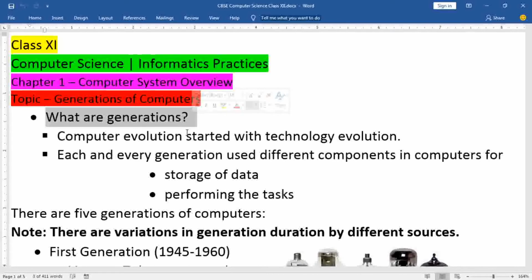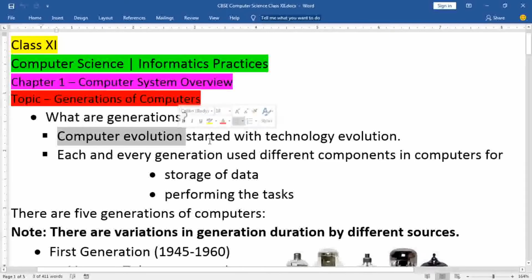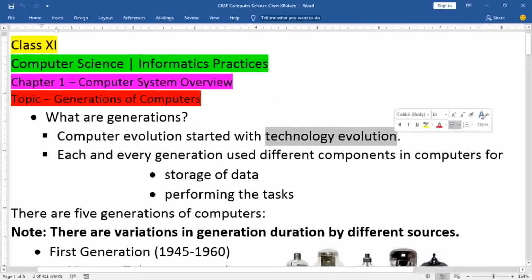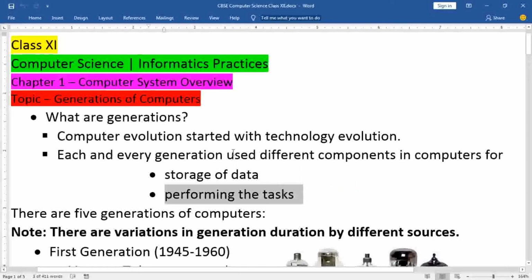In the previous video I discussed computer evolution, or evolution of computers. If you missed that video, I will provide it in the I button or in the description link. You go through that link and you will get the idea about computer evolution. It started with technological evolution. Each and every generation used different components in computers for storage of data and performing tasks. So basically there are 5 generations of computers,